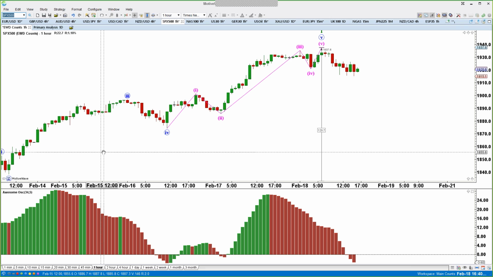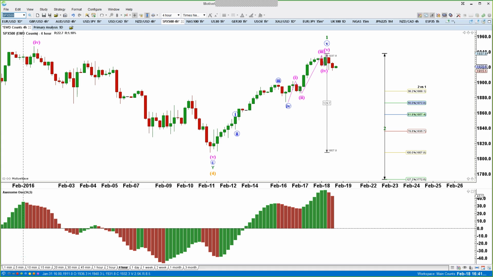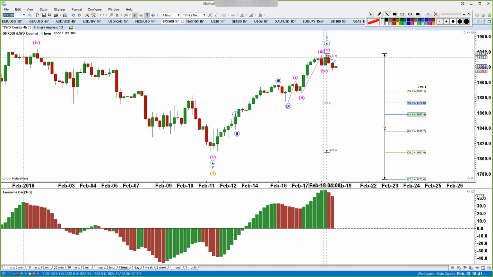Oh, here we have a question. Where will you place your stop if you will go long after the second wave? Okay, that's an excellent question. So the question is that if everything happens as expected, if we go this ABC down,